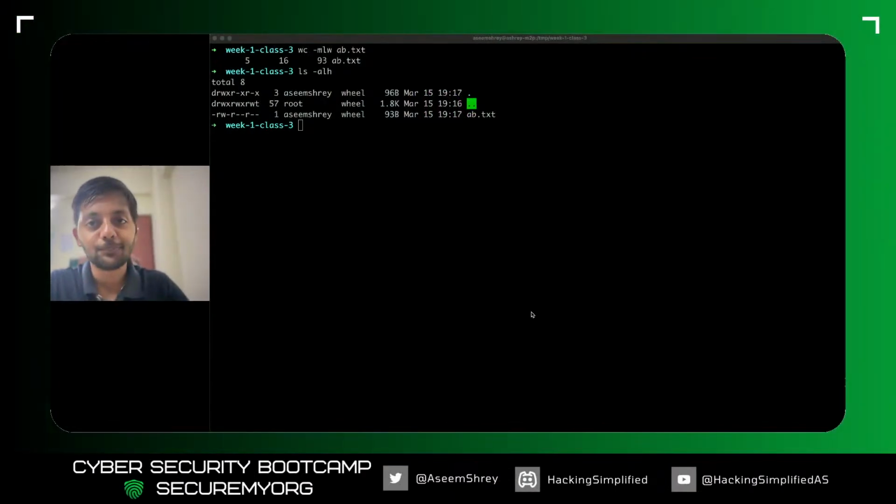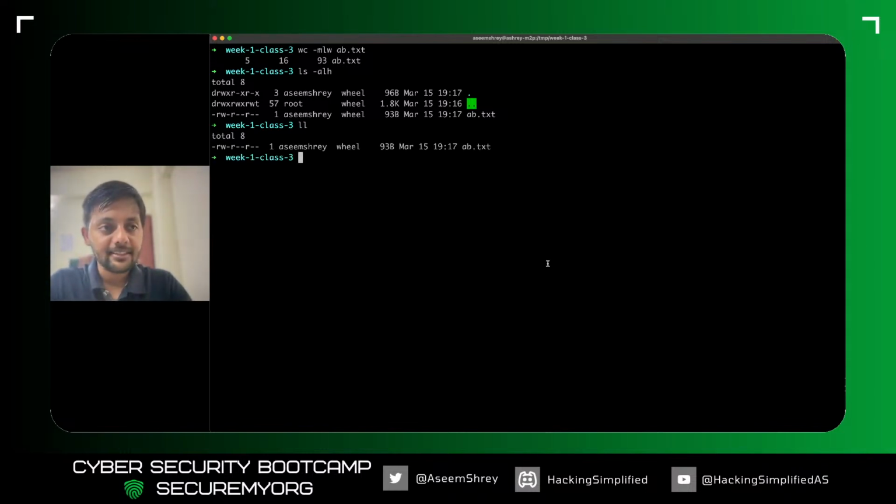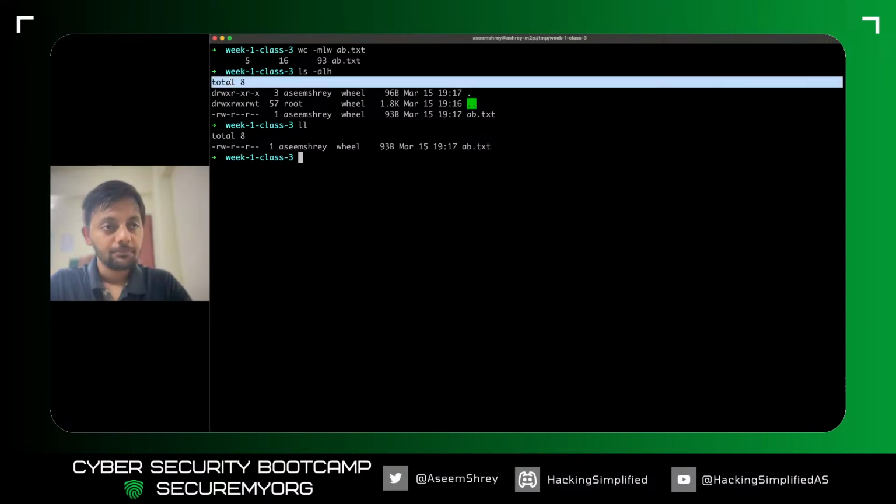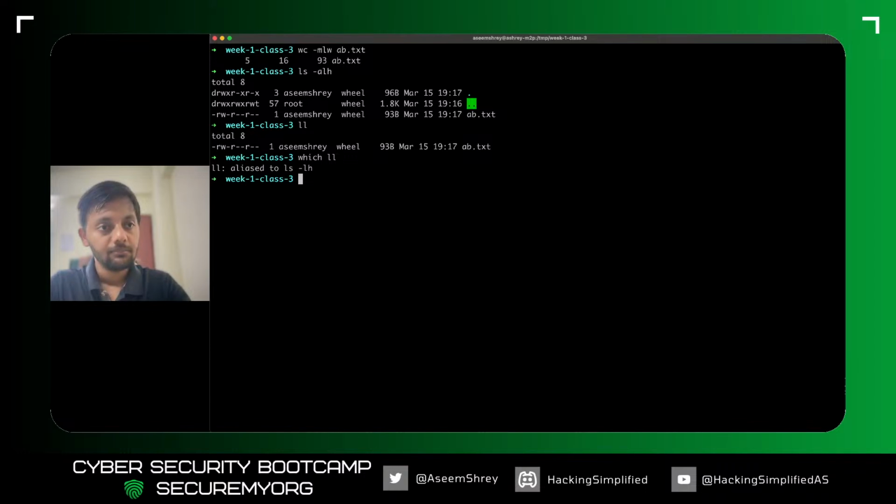Sorry, there are some hiccups. If you see this, I press ll and I see almost similar output except for this part. ll is an alias to ls -lh.